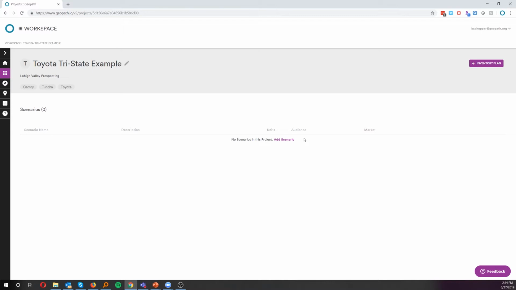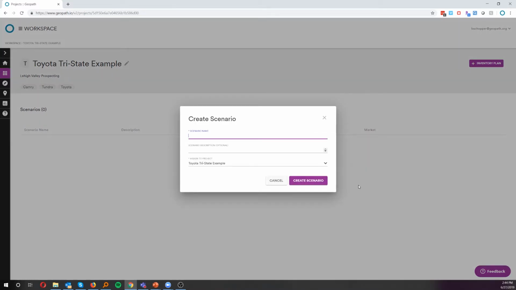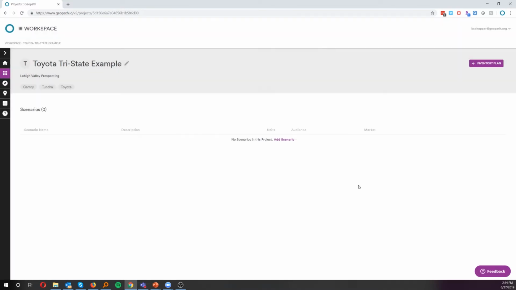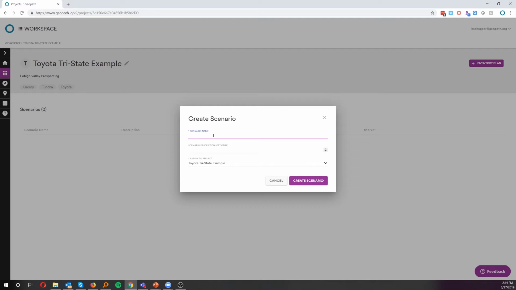So there's nothing in here right now. We're going to add a scenario, and let's do exactly the one I looked at earlier. Potential pickup truck buyers. So, I think I clicked out of it. So this is